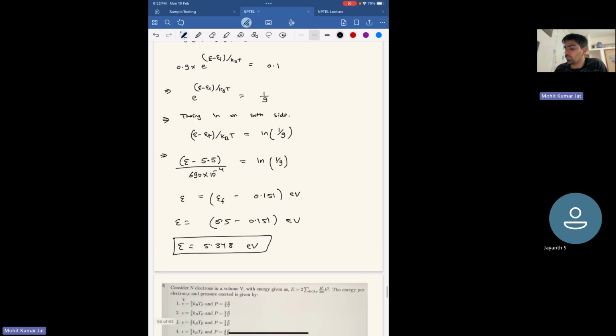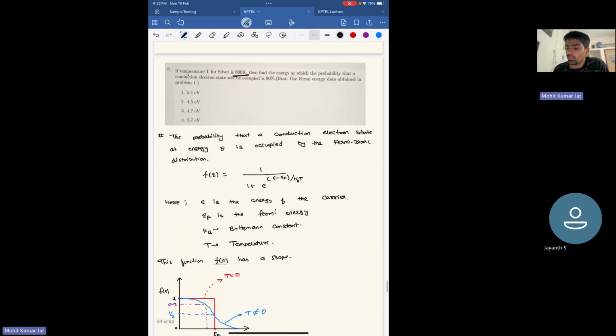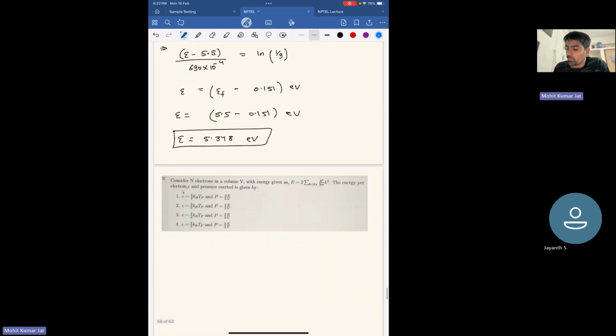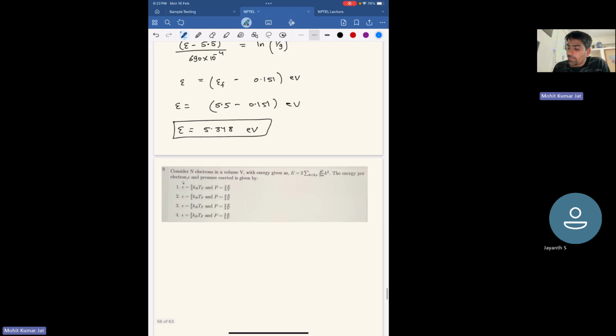5.335 is the value which is coming, and the only closest value is 5.4. Right answer is 5.4. Yeah. Now let's move to the next problem. The next problem is,